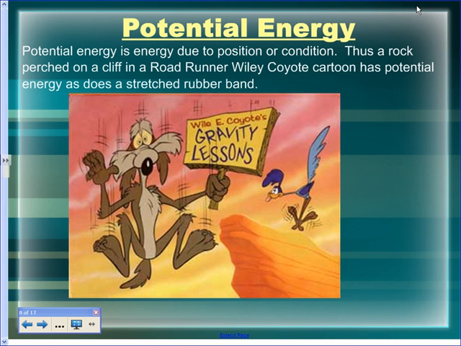Okay. All right, so for potential energy here, okay, we said the two types of potential energy we're going to deal with most in this unit are the two types of mechanical potential energy. That is gravitational potential energy, which you have if you are where? Yeah, on or above the Earth's surface. You don't necessarily have to be in the air, all right? As long as you are above the Earth's surface, you have the potential to fall, okay? The other type would be